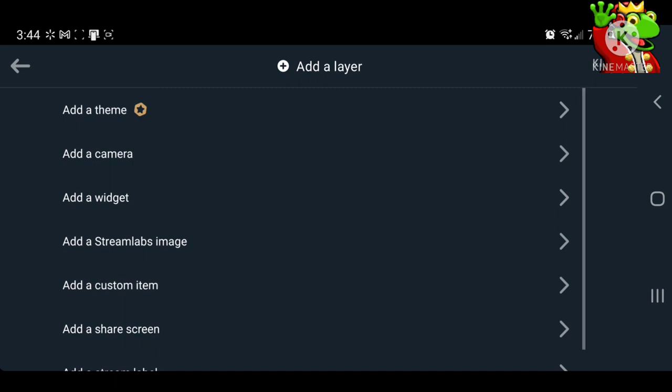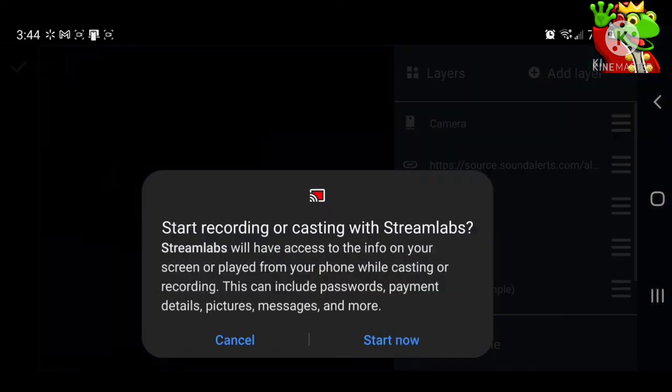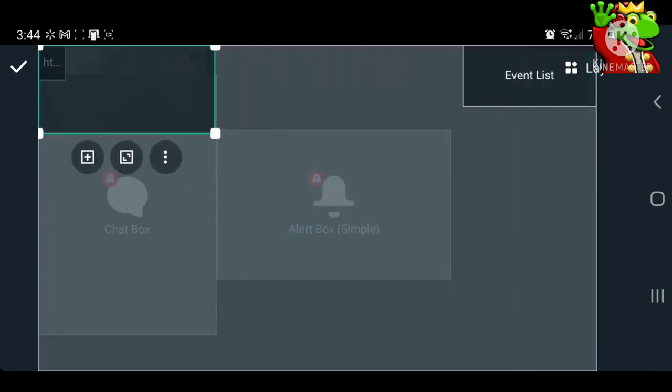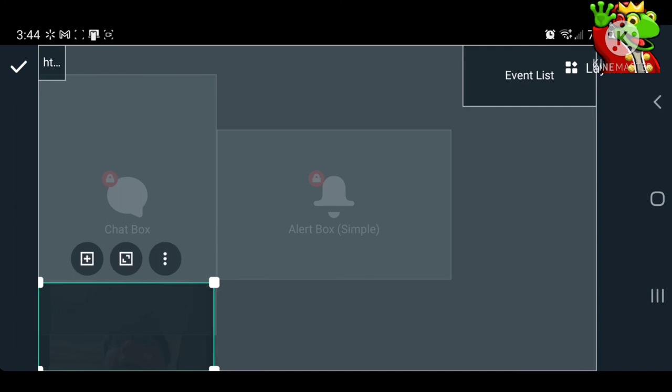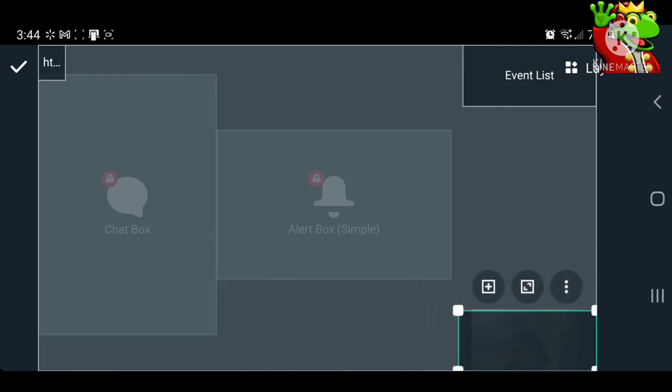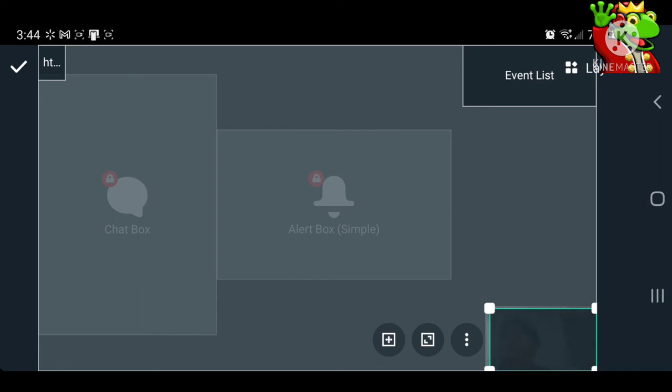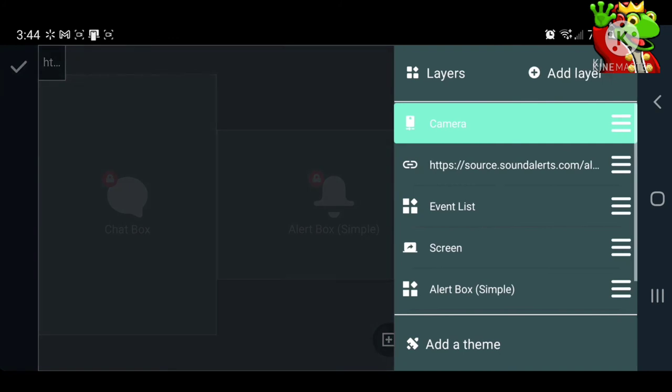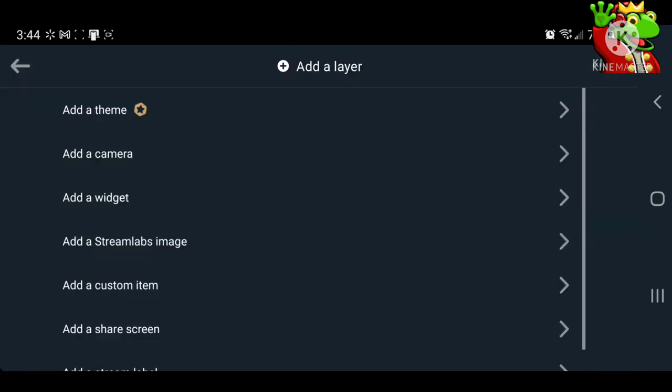Let's go ahead and add in, just for giggles, you don't have to do this, a face cam here. And we will throw that guy down here in the bottom right-hand corner and right there. So there we go. There's a face cam looking nice and ugly. Okay. And then let's go ahead and add in